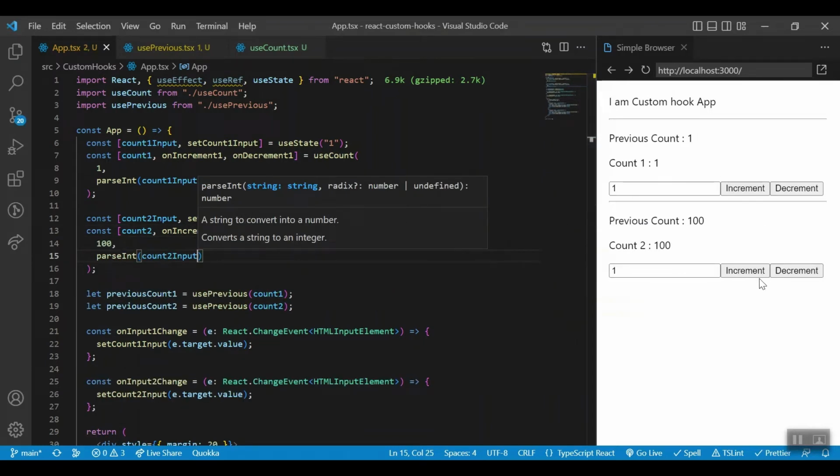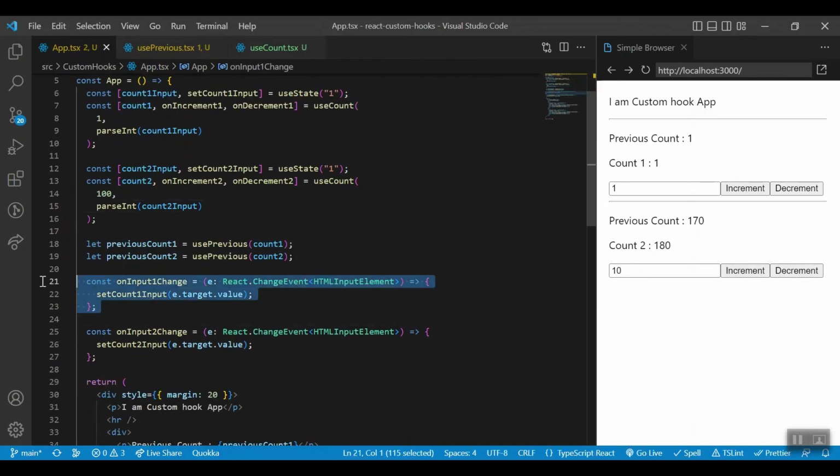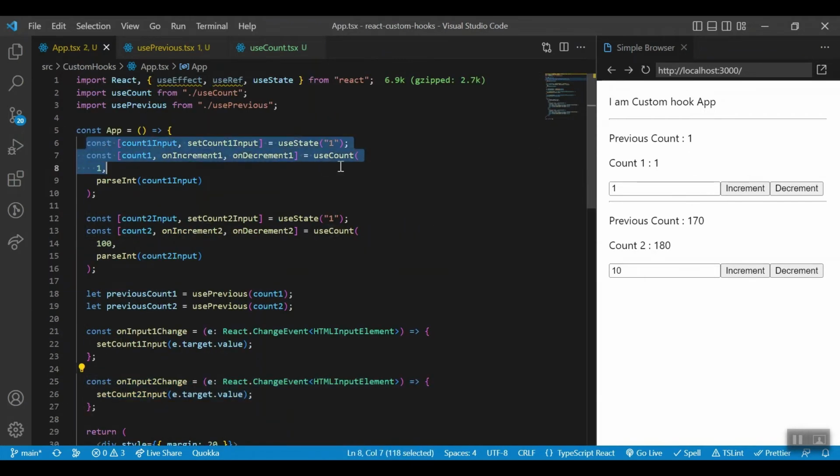Now let's check for this as well. So I can increment by 10. Let's check. Yeah, so it is incrementing by 10. So what code we are repeating here is input, on input change, these methods, and we are creating one more state. So we can make this reusable code